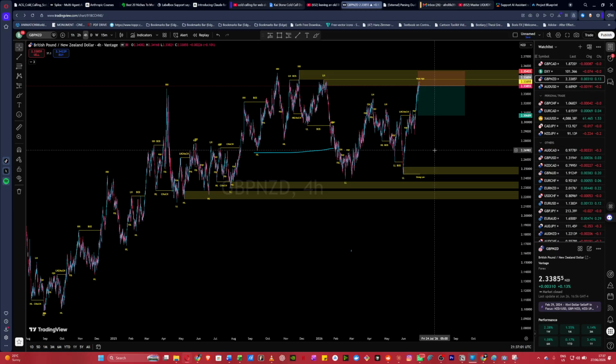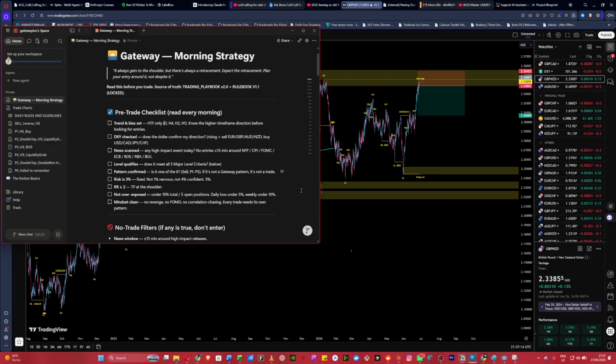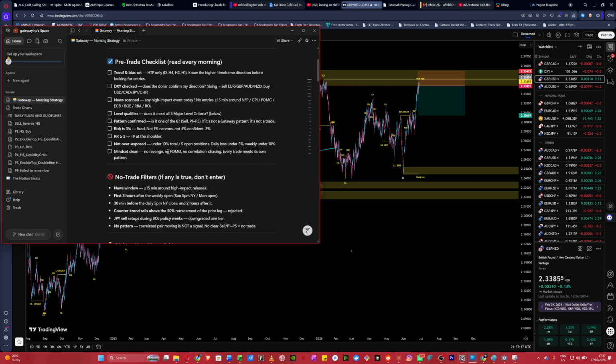So yeah, man, if you're a trader, start looking at the trades from the higher time frame, and then go to the smallest, whether it's 15 minutes, so that your analysis can all be in alignment. Create a workflow strategy so that you can always read it. DXY, we did that. I don't check news, because I don't really need it. Whatever happens, happens. I don't check this because I'm trading the same major level that institutions are trading from.